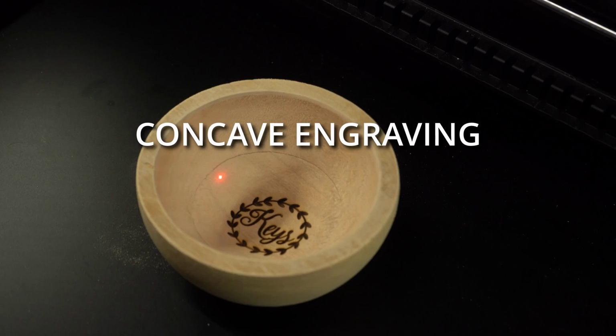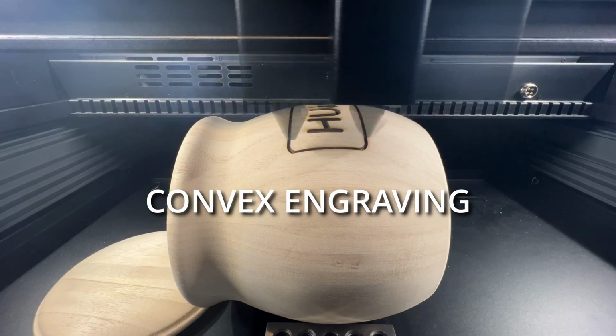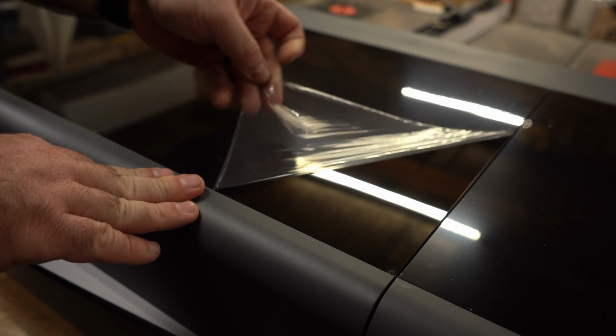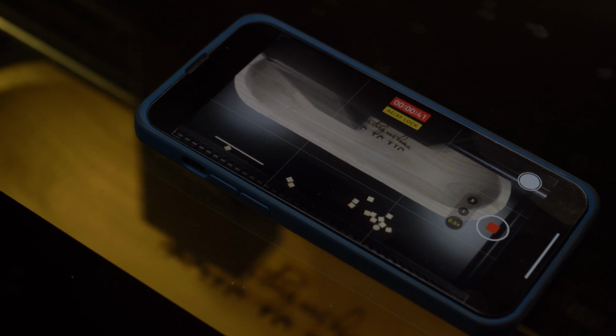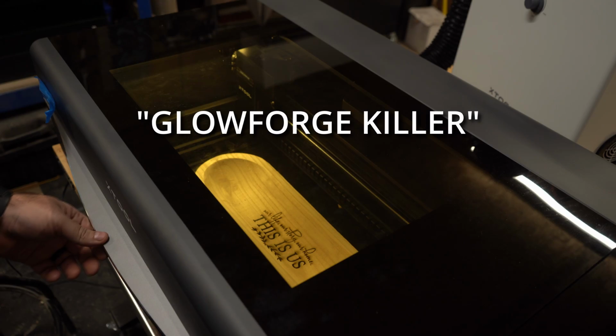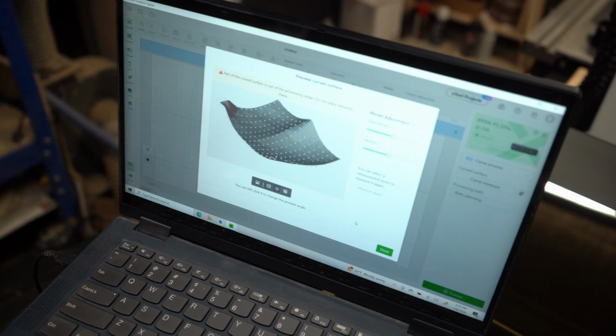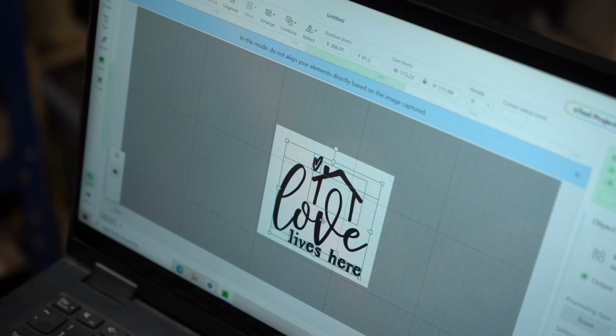Can your laser do this, or even this? This is the machine interrupting the CO2 laser space, and now you can see why. People are calling this the Glowforge killer, and I'm going to show you why in this video. This may be one, if not the best lasers in the market today, and it doesn't even cost as much